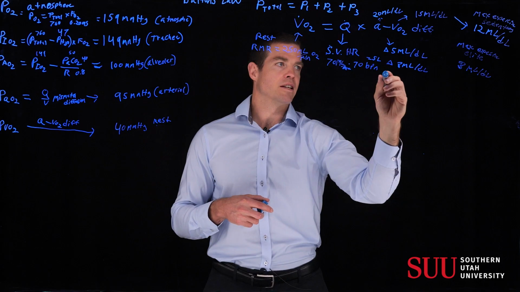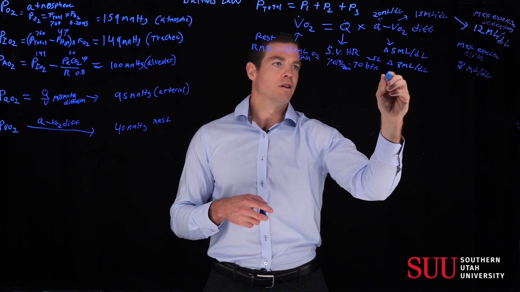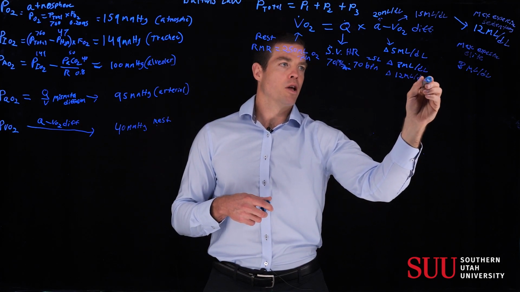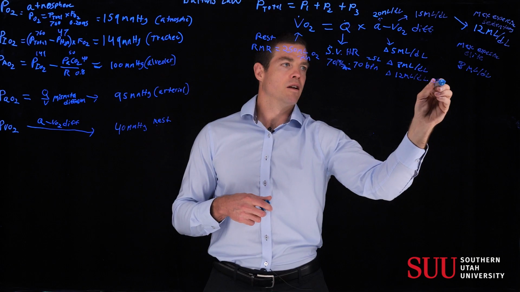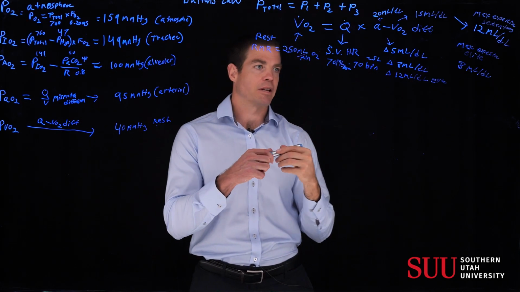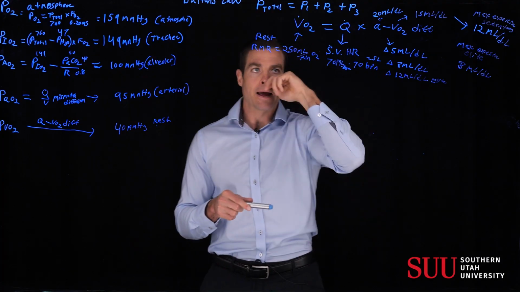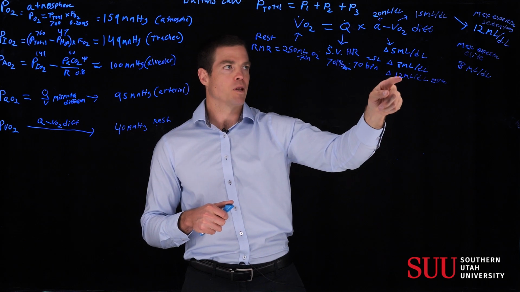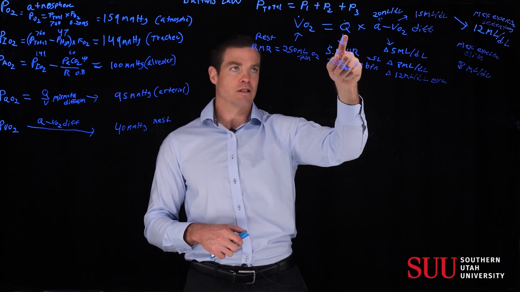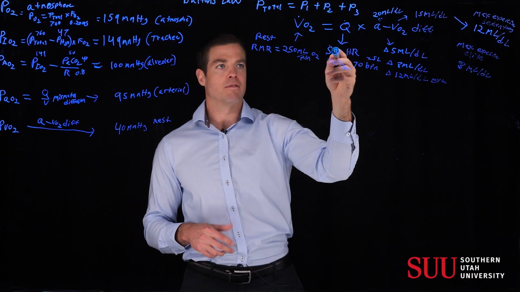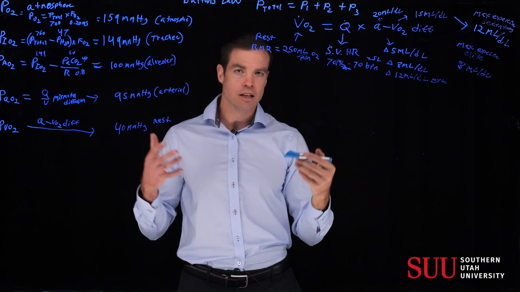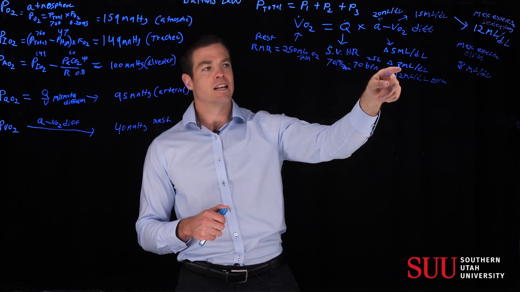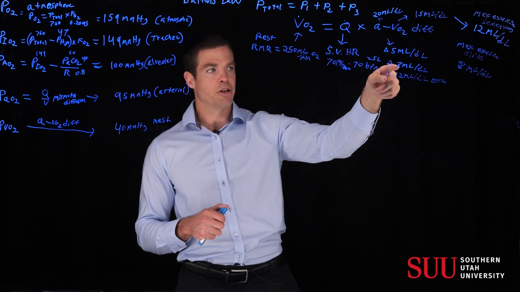But in this case, the delta, you're thinking, oh, that's not that much more, because you're at 12 milliliters per deciliter for the elite. But it is actually a lot, because it's a 4 milliliter difference. And that's a big deal when you talk about the Q, because you're going to take this and multiply it by that difference. Okay, so let's say that you have a Q of 20. So for a sedentary, not very healthy individual, if you take 20 and let's say this is 10, and you multiply that by 10, then you get 200